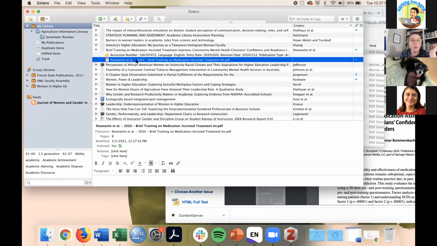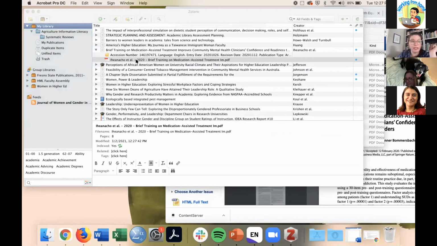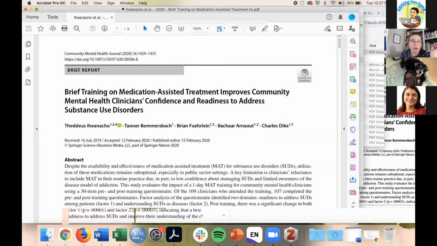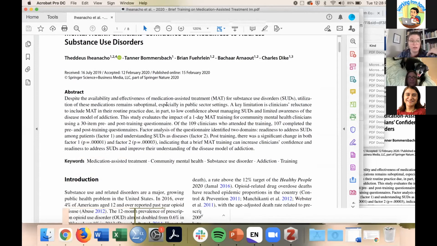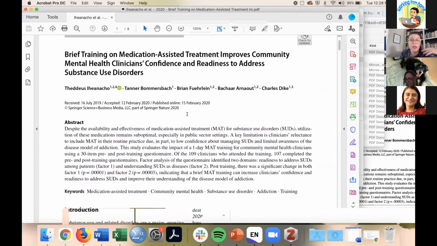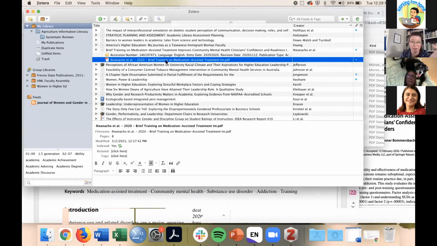And when you want to look at the PDF, you can go ahead and double click it. It'll open it up in Acrobat or whatever PDF software you're using to view your PDFs. And you can make any changes to this PDF that you want using the different PDF software annotation features. So say you wanted to highlight or make notes or put digital post-its or whatever it is that you want to do, all that information will be saved on the PDF, and then those notes will be saved to that PDF that's attached to the Zotero record,